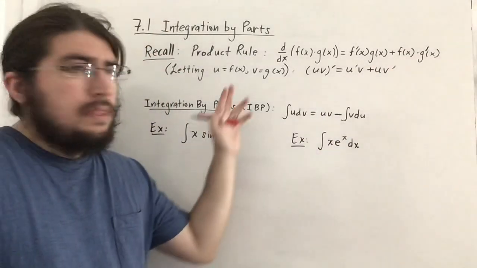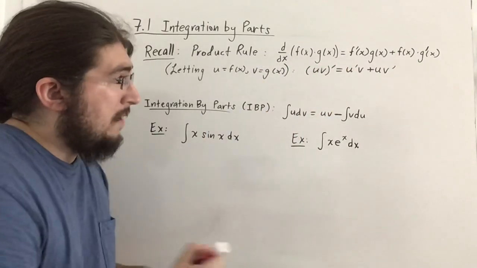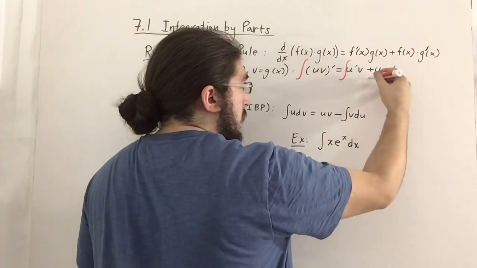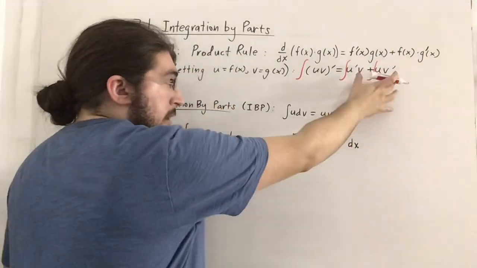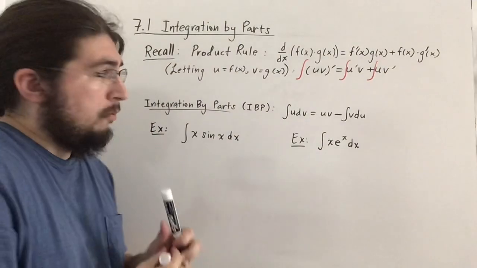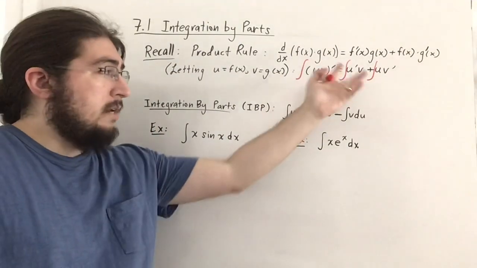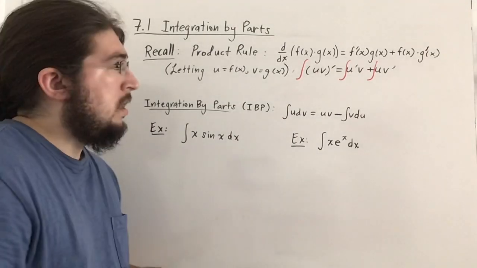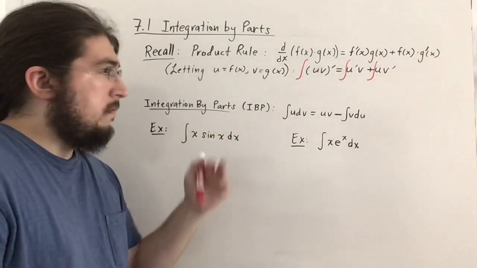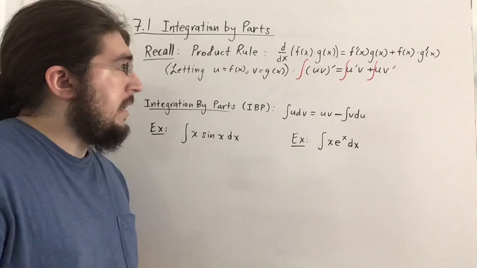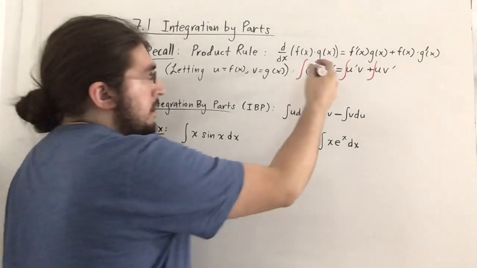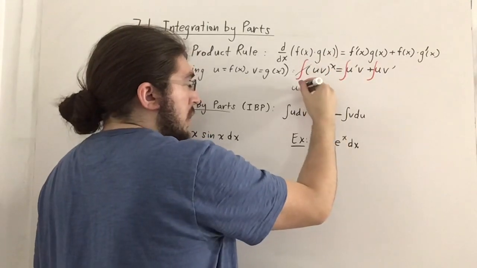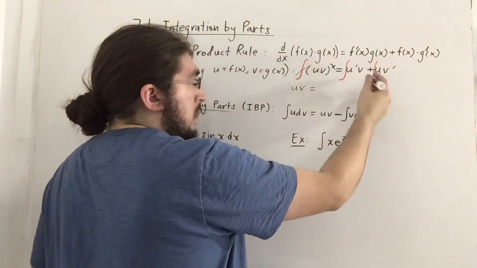And if you consider this, and let's say you integrate both sides with respect to x, notice when you integrate the sum, there's an integral property that you can take the sum of the integrals. So the integral of the sum is the sum of the integrals, and this is all with respect to x, which I'm not writing. And here, if you take the integral of the derivative, they cancel out, so you just get uv equals,